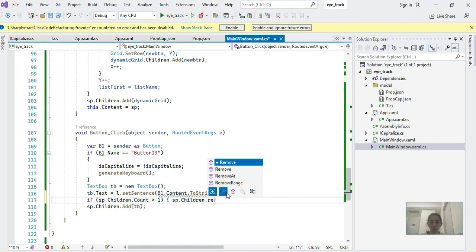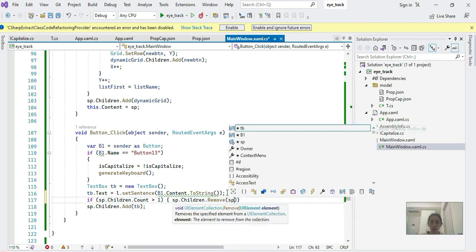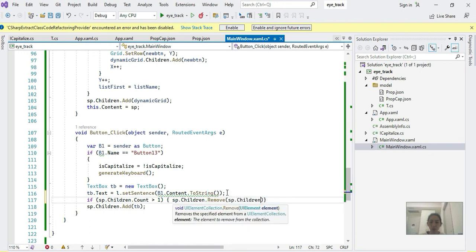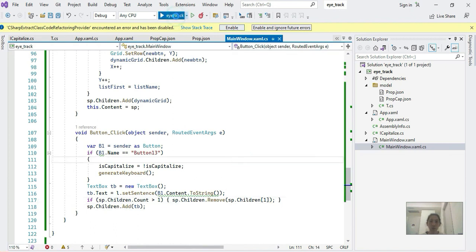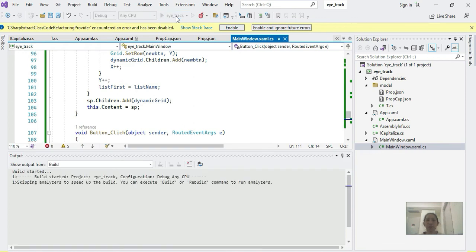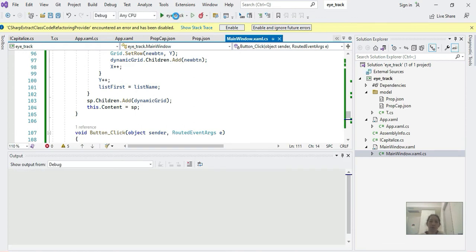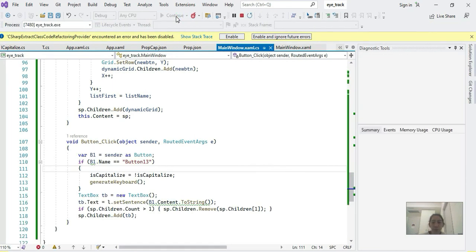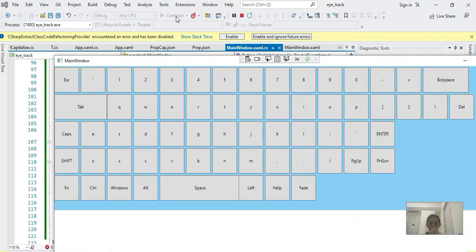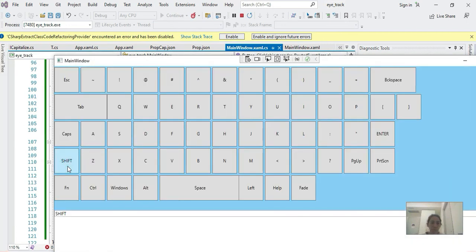Dot remove SP children 1. Okay. Now we are done. Save. X, Z,